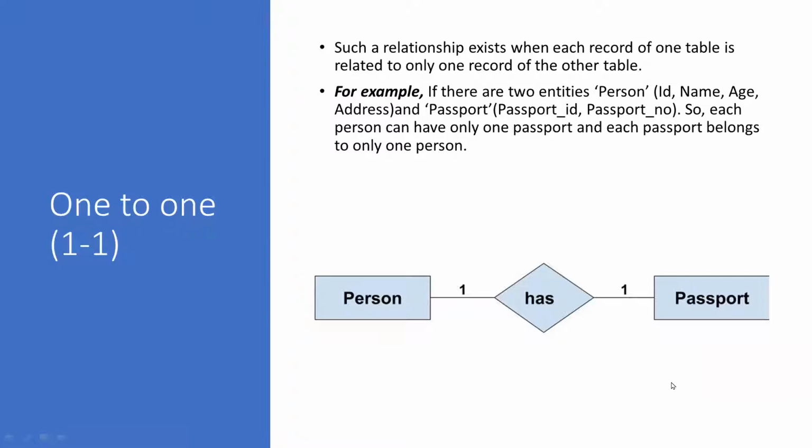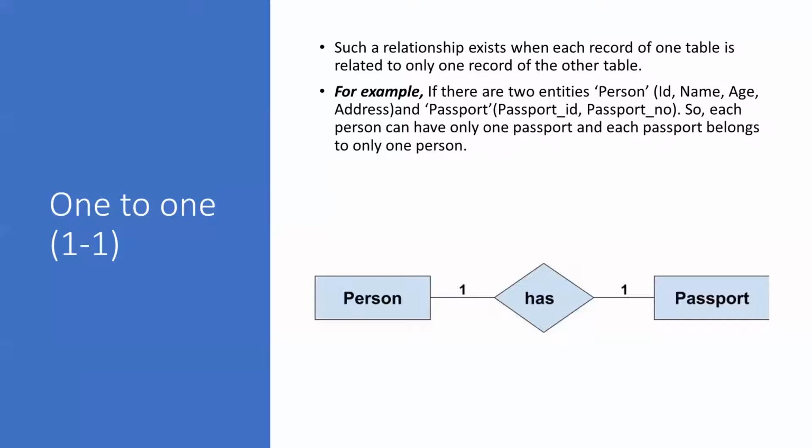Because whenever we go for a passport, only one person can have one passport. One person cannot have two passports, or let's say two passport IDs. He would be having a unique passport ID. Every person would be having one. And the same goes for passport. Whenever you talk about a passport ID, it is assigned only to a single person. The same passport ID cannot be assigned to two people. So if we talk about two tables, one has information about the people and the other has information about the passports. Those are unique: one person would be having one passport, and one passport ID would be assigned to one person. So this is a one-to-one relationship.